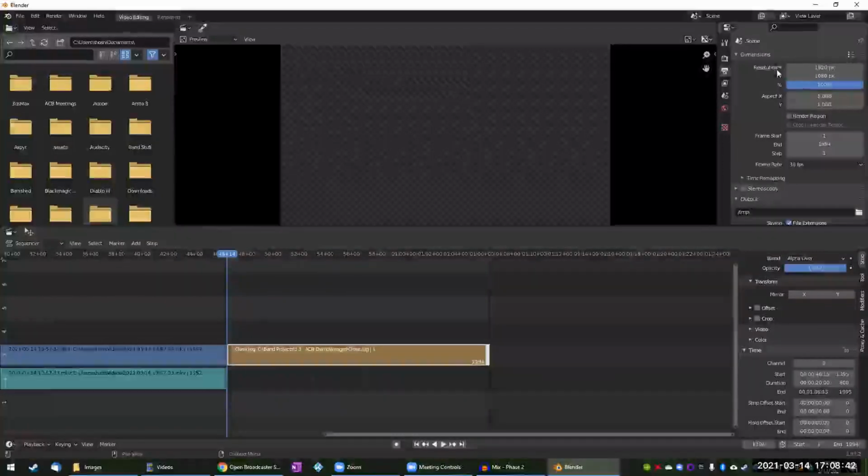Now, if you remember, before when we did our resolution, we changed it to 25% because we were just doing a little bit small windows. Now we're doing the whole thing. This is going to be a big project, so that's 100%, 1920 by 1080. Or if you wanted to go a little bit smaller, you could do 1280 by 720 for 720p, but it looks really nice at 1080, 1920 by 1080.